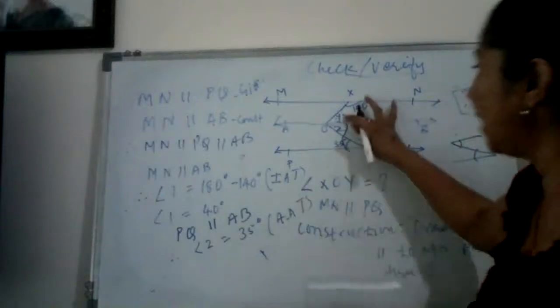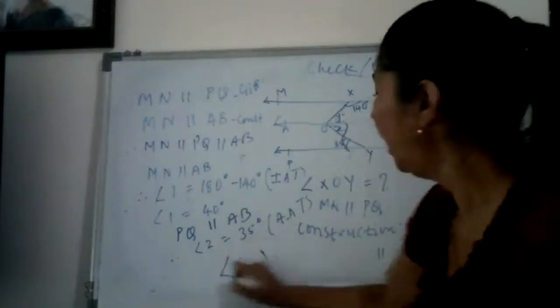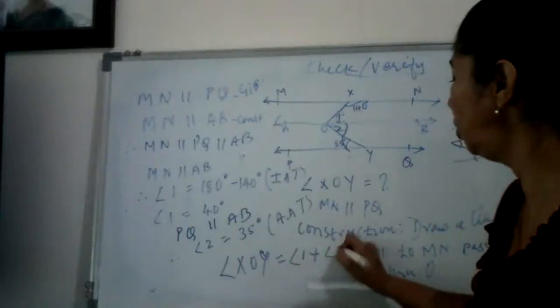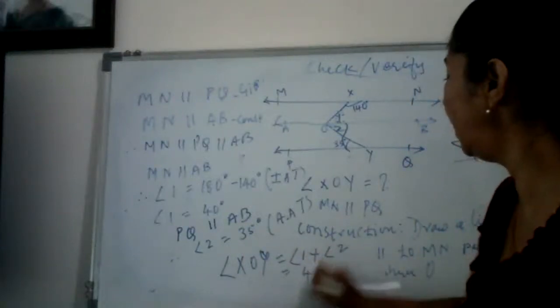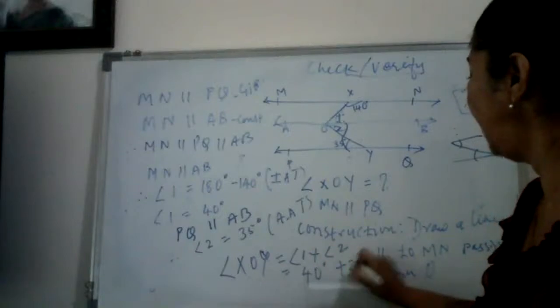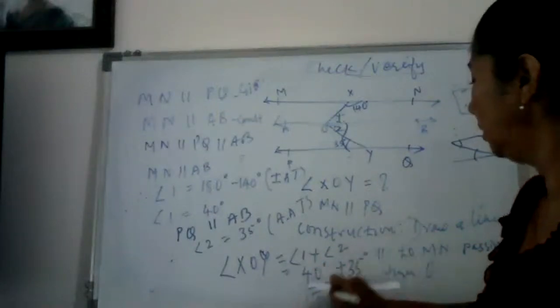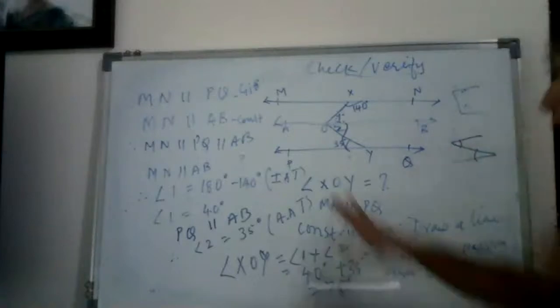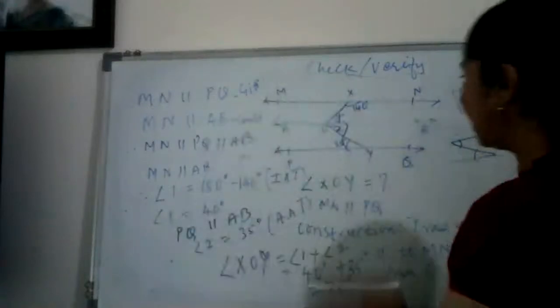और अब आपके पास एंगल 1 है, एंगल 2 है, तो कितना हुआ? एंगल x ओ y इक्वल टू एंगल 1 प्लस एंगल 2, तो कितना हो गया? 40 डिग्री प्लस 35 डिग्री, यानी कि कितना हो गया आपका? 75 डिग्री। आई होप आपको समझ में आया हो कॉन्सेप्ट।